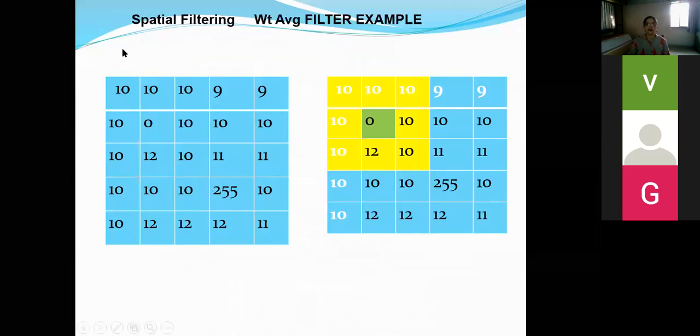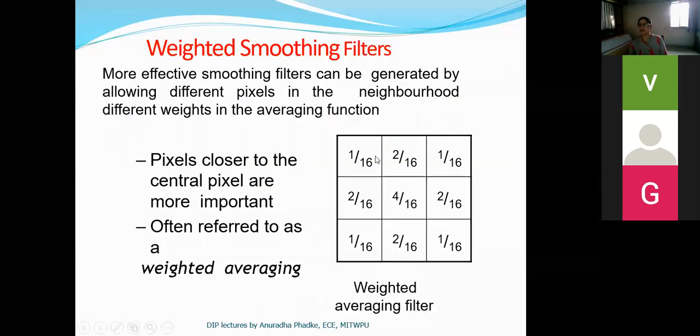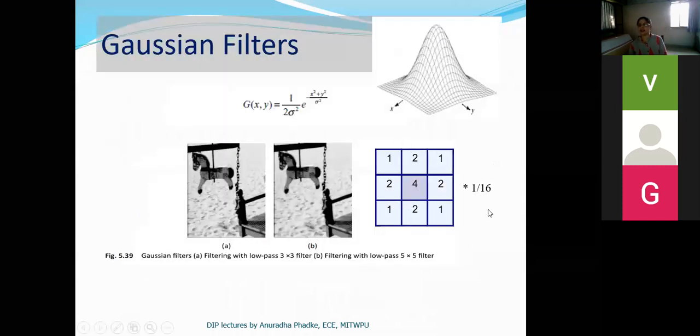Okay. So now let us solve one example based on the weighted average filter. The process remains the same. How to apply the filter remains the same. Only your filter coefficients are now changed. Now we are considering these filter coefficients, and instead of considering these fractional values, we can consider this filter 1, 2, 1, 2, 4, 2, 1, 2, 1. We can take the multiplication of these values with the corresponding pixel values, and then we can divide the total addition by 16.